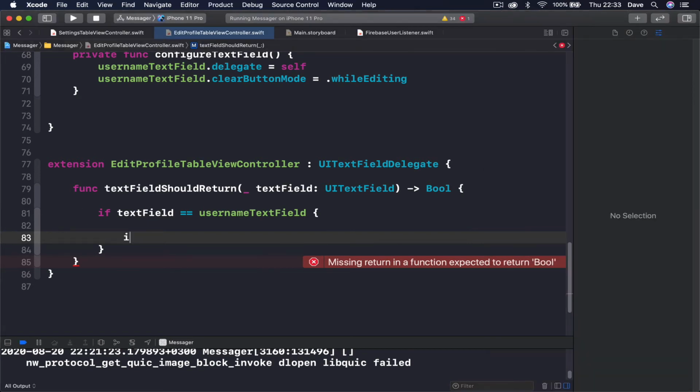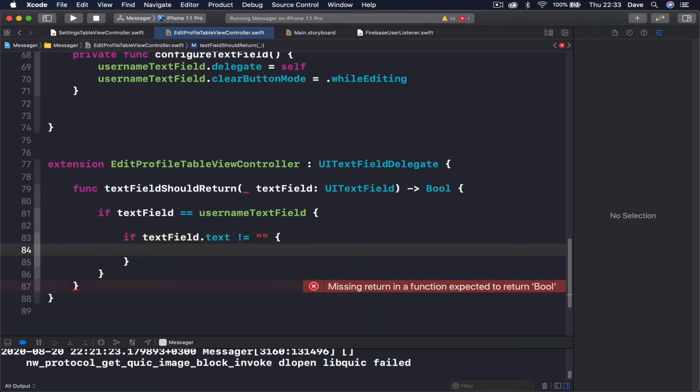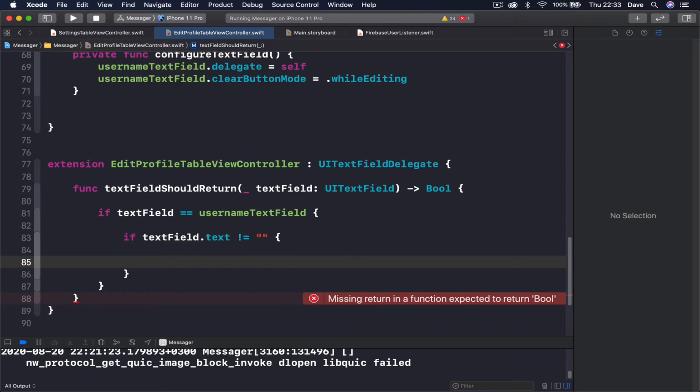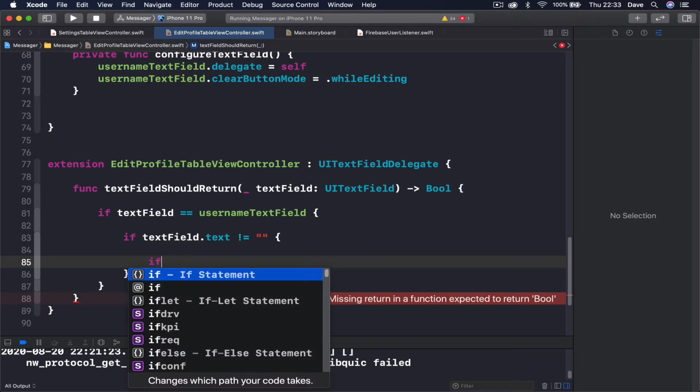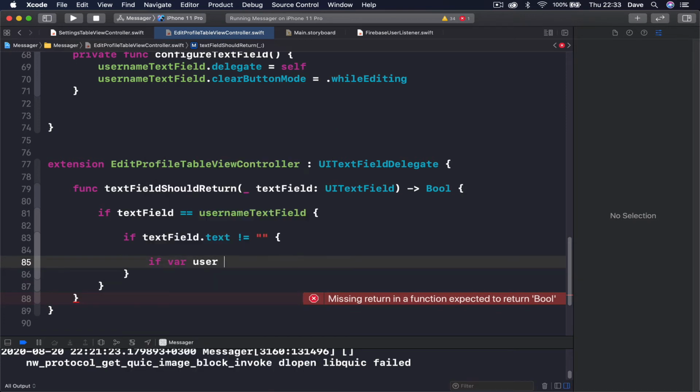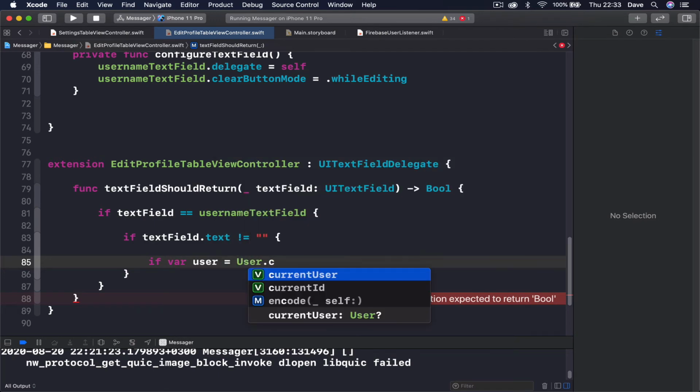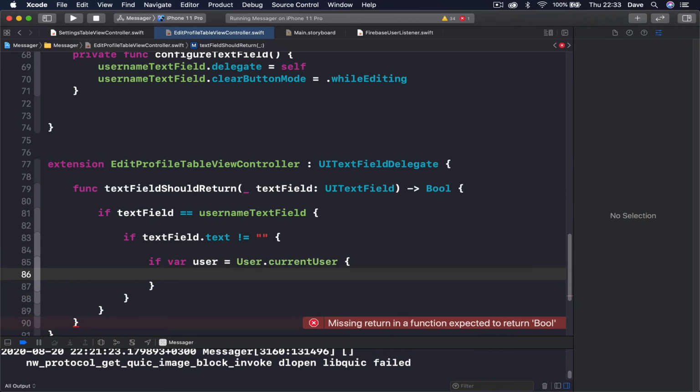So I will say if textField.text is not equal to empty string. So we have some kind of name there. In this case, I want to update my user. So I will say if var user equals to User.currentUser. So if we have a current user,